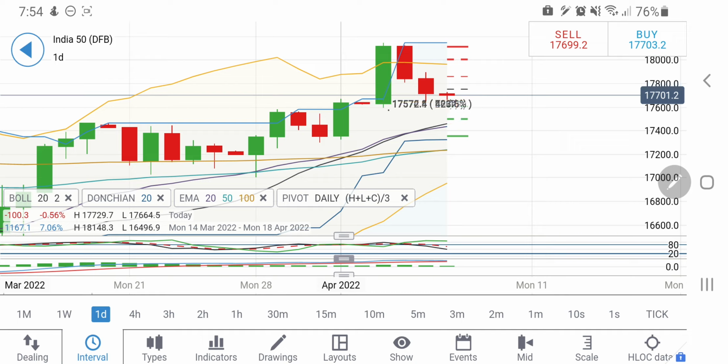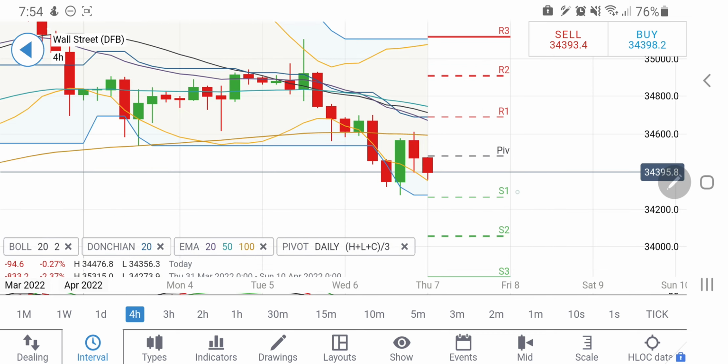Now let's have a look at US 30. US 30 is trying to trade in this channel, and the high of this channel is at around 34,550 levels, and at the same time, possible couple of red candles if it fails to break the previous low at around 34,300. Yes, if it breaks 34,300, then it can be said bearish. Else any rise beyond 34,500, I will recommend you to go long there. Then after 34,500, the retracement can be expected towards 34,550, and then 34,600, 700 can also be expected. There is a strong resistance zone at 34,700 levels.